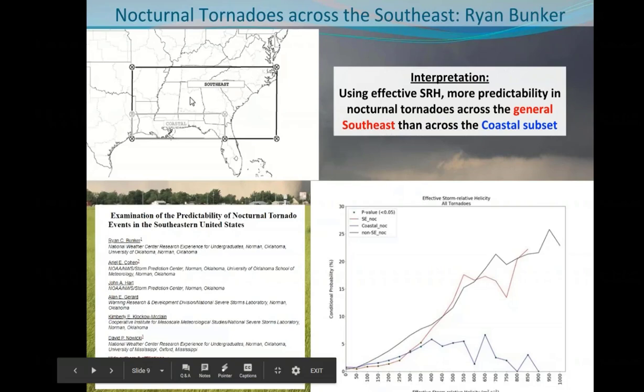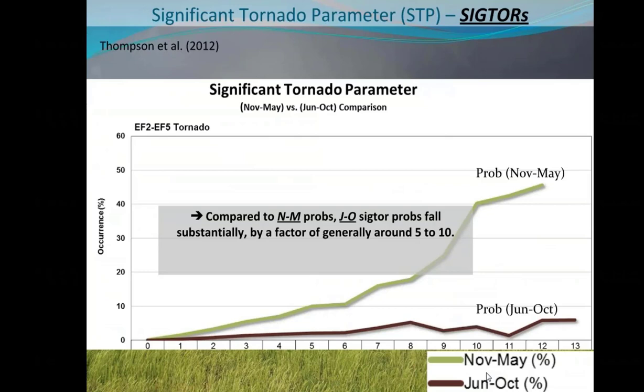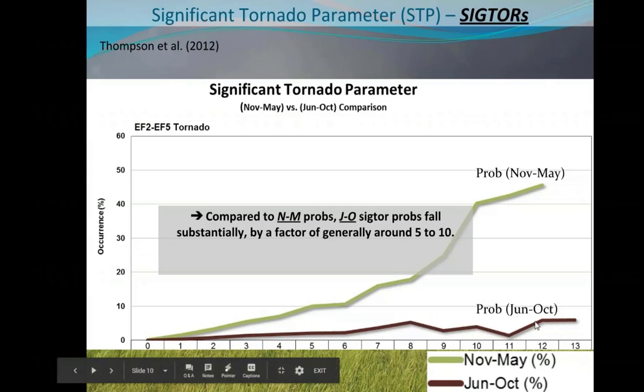So when you collapse on the subregional coastal domain, we see much less predictability in nocturnal tornadoes using effective storm relative velocity. We can slice and dice the data set even more in terms of the month across the United States. What we see, anecdotally, is that the predictability of significant tornadoes varies to some extent between the November to May timeframe, when we have stronger forcing for ascent accompanying mobile wave patterns more pervasive across the CONUS, compared to the June to October timeframe, where we have weaker forcing for ascent and potentially lower predictability scenarios